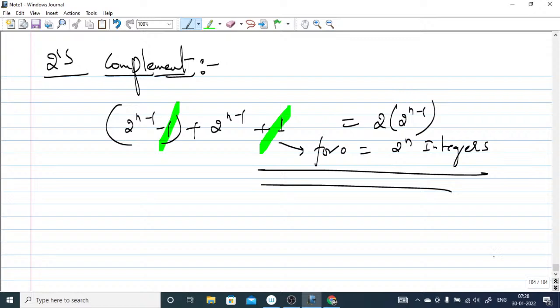Okay, so these are the formulations you have to keep in mind. So the question, what kind of question can you expect? The question will be like: find the minimum number of bits